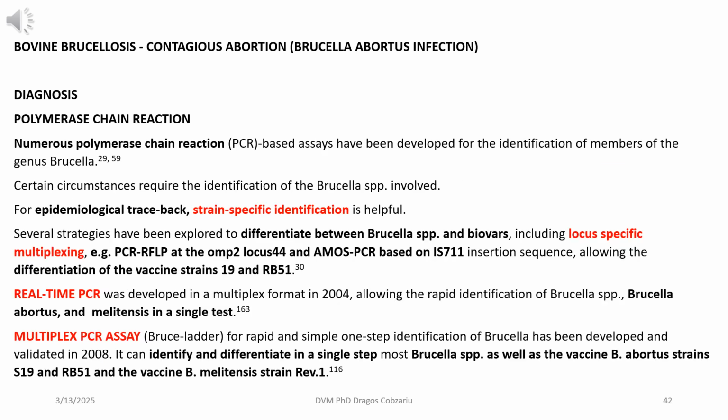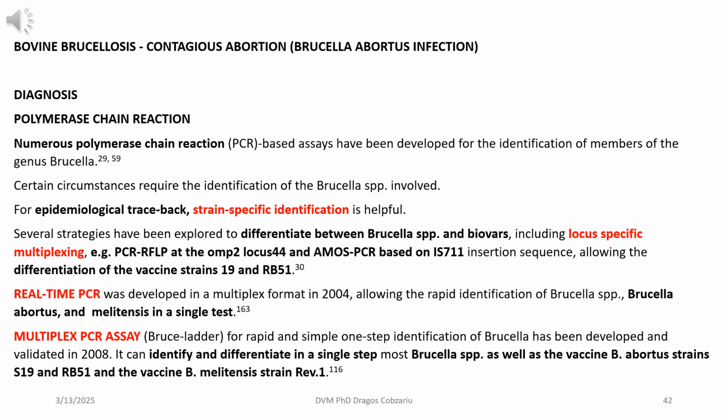Polymerase chain reaction. Numerous polymerase chain reaction (PCR)-based assays have been developed for the identification of members of the genus Brucella. Certain circumstances require the identification of the Brucella spp. involved. For epidemiological traceback, strain-specific identification is helpful. Several strategies have been explored to differentiate between Brucella spp. and biovars, including locus-specific multiplexing, PCR-RFLP at the OMP2 locus